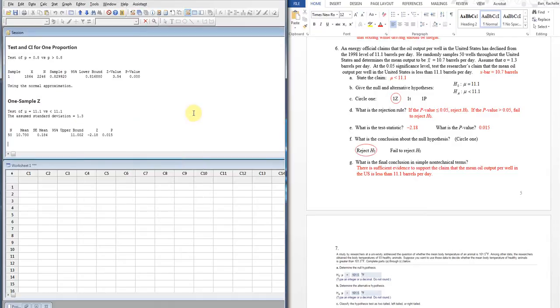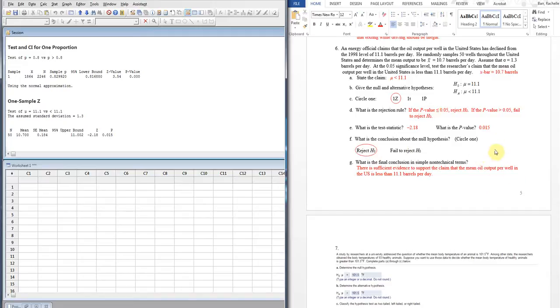All right. So we get a z of -2. That's not too big. It's not too unlikely. But when we look at the p-value for that, it's actually pretty small. Now, this z isn't too far away. It's about 95% of all data if we're on the standard normal distribution. But remember, on the sampling distribution, we use a different standard deviation. This is our actual standard deviation for the sampling distribution. It's much smaller, which means the further you are away with a small standard deviation, the less likely it'll be. This is like 15 times out of 1,000. That's not very likely. So we're going to be rejecting our H0 because our p-value is just too small